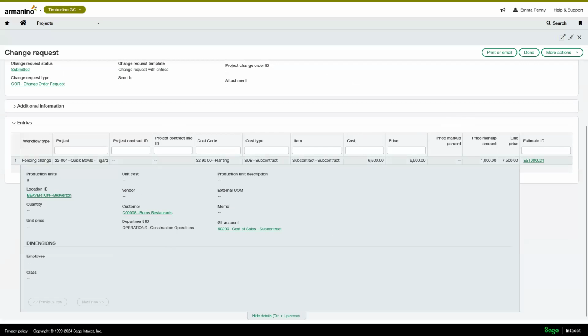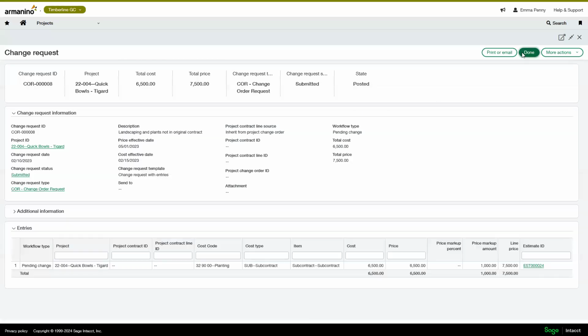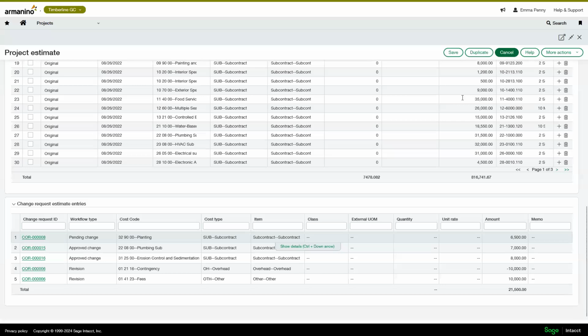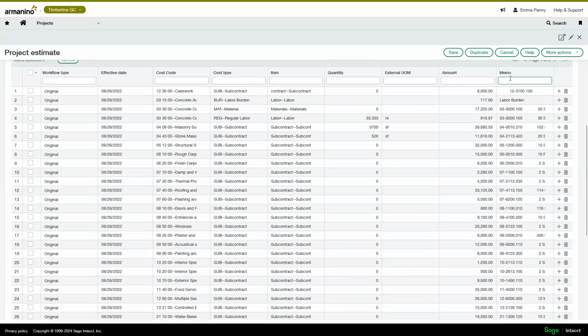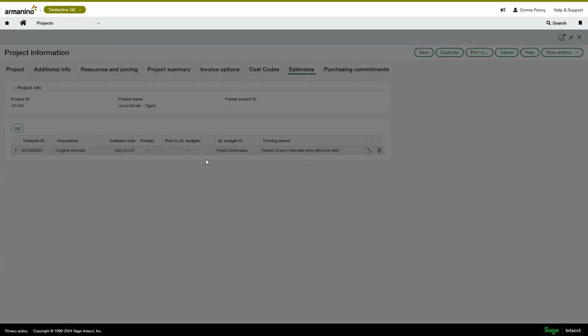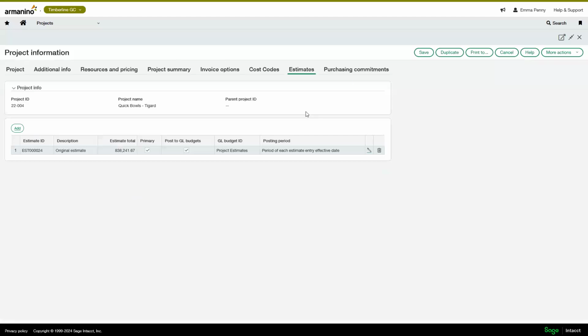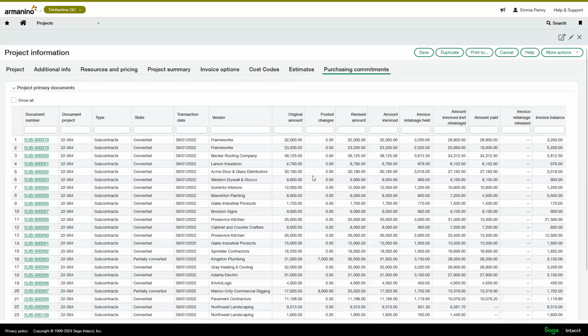All right, so we talked about that. Drilling back, we're back at the project estimate. Let me cancel out of that. That's going to take me back to the project record. And we're going to look at the purchasing commitments area. So every project or job has a purchasing commitments area. And this is where we can track all the